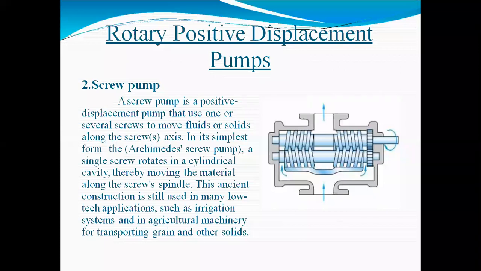But this type of pressure range can be achieved with the help of either a single screw pump, or a double spindle screw pump, or a 3 spindle screw pump. This is a 2 spindle screw pump. So if you require a large amount of pressure or flow rate, we use a 3 spindle screw pump. And it is again used in hydraulic systems like lifting equipment, elevator, hydraulic press, crane.